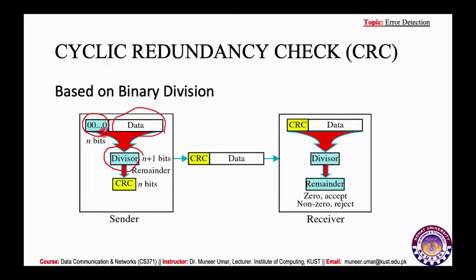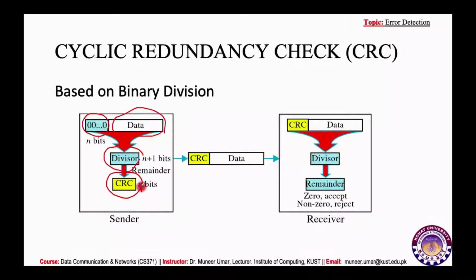So the appended bits, let's say we have n bits, so the divisor should be n plus 1 in length, and after that when we divide this whole thing by the divisor we will get a remainder